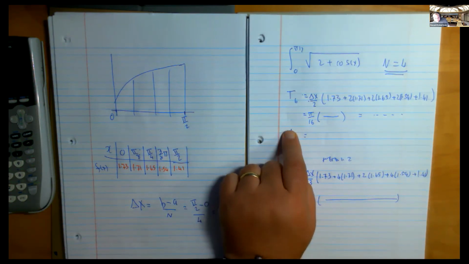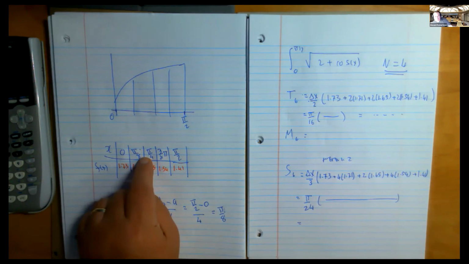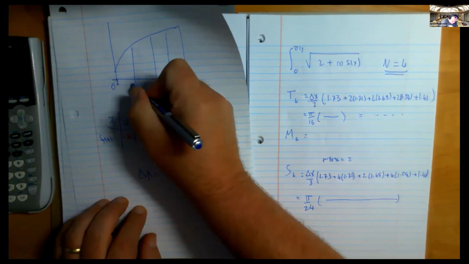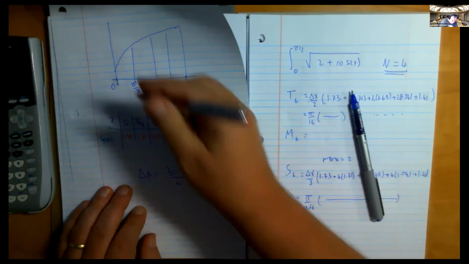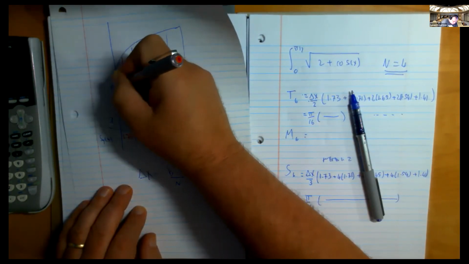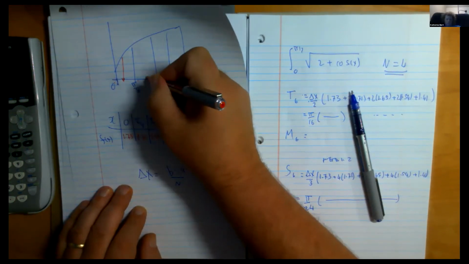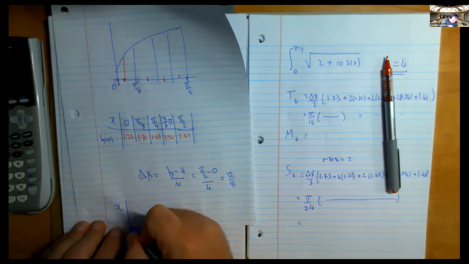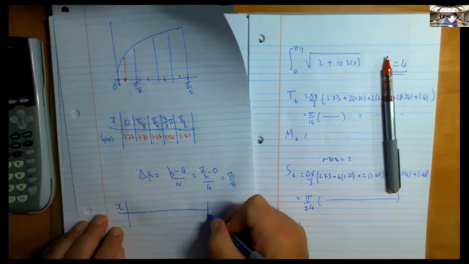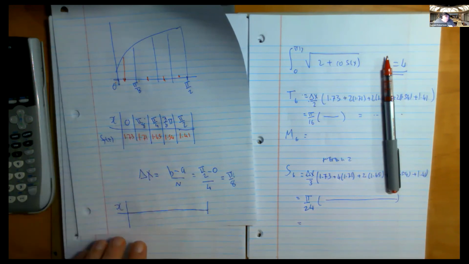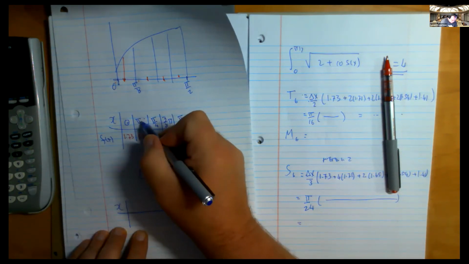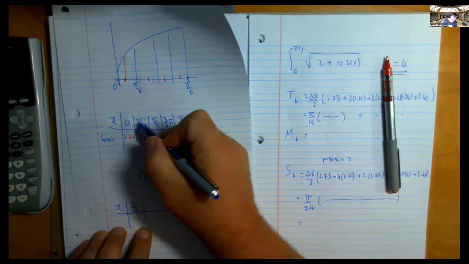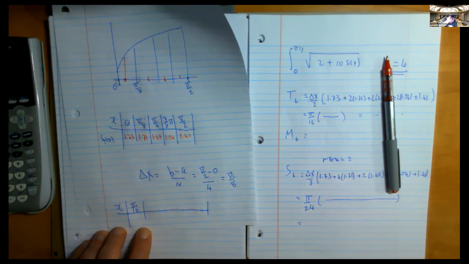Now, to do a midpoint 6, we have to create a new table, because that's this guy and this guy. If you're going to do the midpoint, don't you use an x value between these two? And here and here and here. So what will that fellow look like? Well, it'll start with x. Halfway between here and here, well, if you add these two up and divide by 2, you find out that the halfway point is that. If you add these two guys up and divide, you get